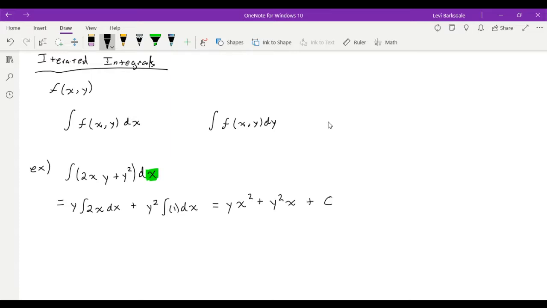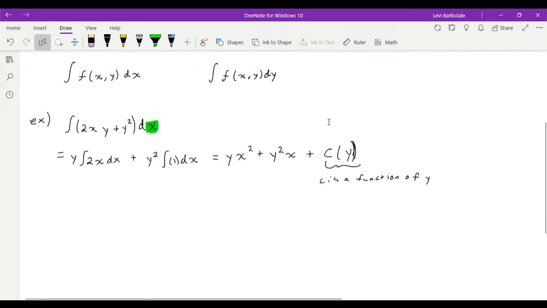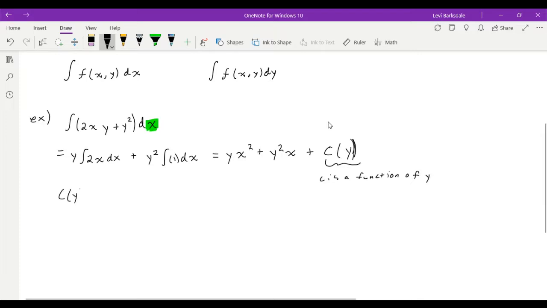Of course, we also have to have our plus c. But in this case, our plus c has to be a bit different. We actually say that c is a function of y, because in this case, y is a constant. So our constant term can actually have any number of terms with a y in it. For example, if we had c of y equal to y cubed plus e to the y plus 1, then our integral in total would be yx squared plus y squared x plus y cubed plus e to the y plus 1. And if we took the derivative with respect to x of this,